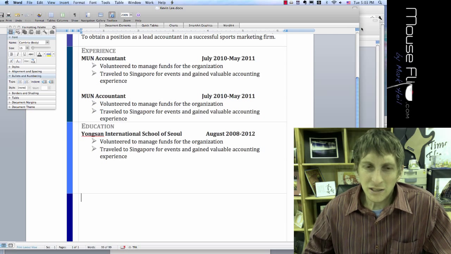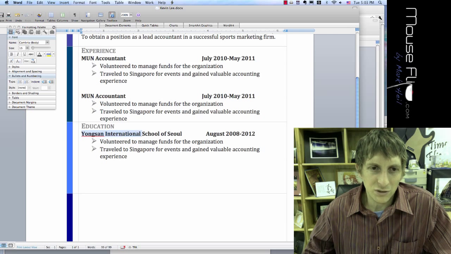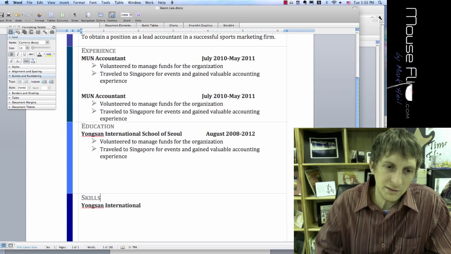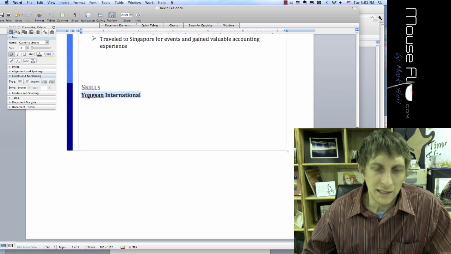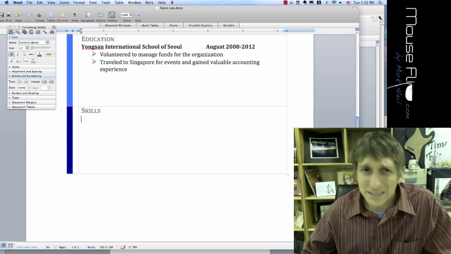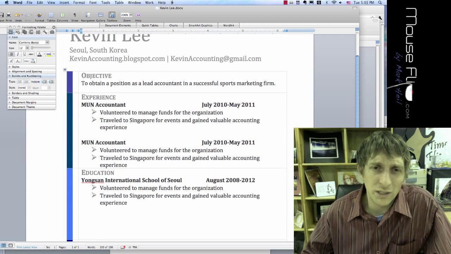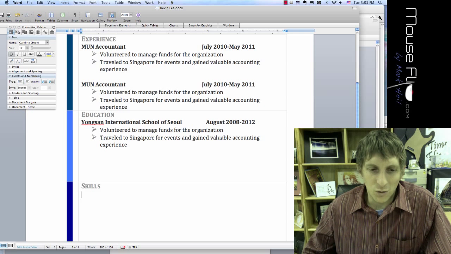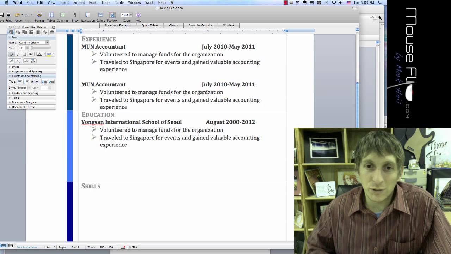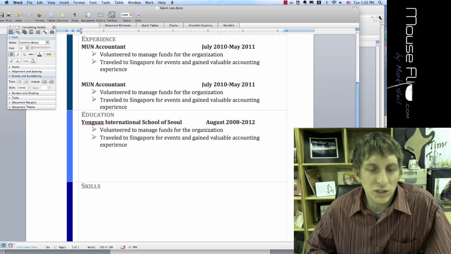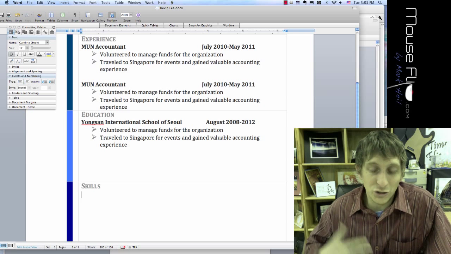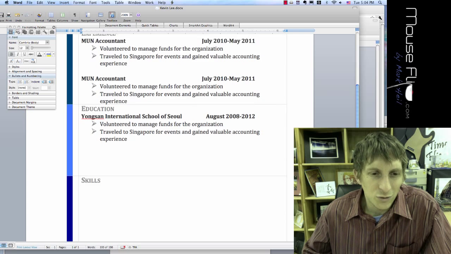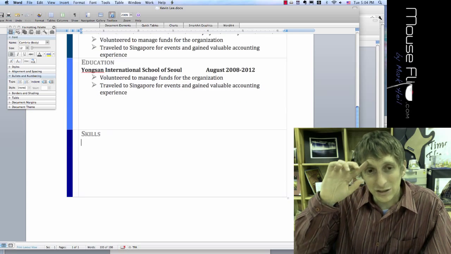The next section we're going to put is your skills. So let's go ahead, copy, paste, and we're going to put skills. Okay. Now these skills should be somewhat related. If I'm going for an accounting career, it doesn't really do me any good to say my skill is great at presenting in front of people. An accountant really doesn't do that much unless you're an accounting manager and you're doing that for a school or organization. So think about what's the best type of skills that you could